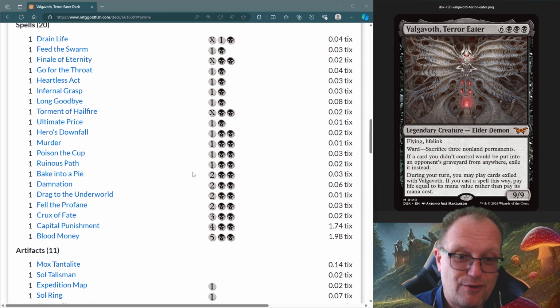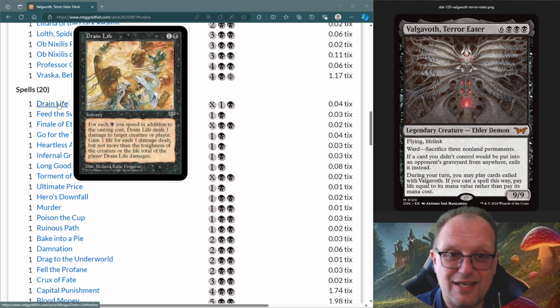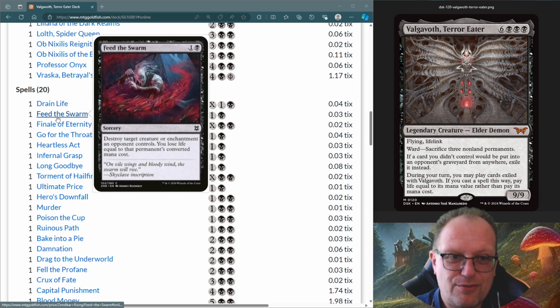Spells wise, we have quite a few as you can see, and a lot of them are basically kill creatures. Drain Life. Black mana, the original one from Mirage, was in several of the very early sets. Black in 1 and then pay as much black as you want to get all that life gain. Feed the Swarm, had to have it, destroy target creature or enchantment. Yes, we lose life, but